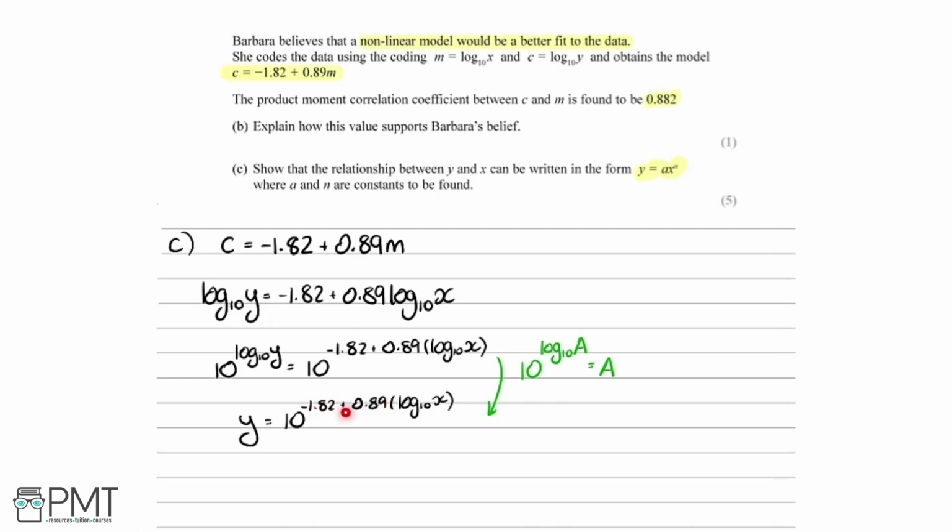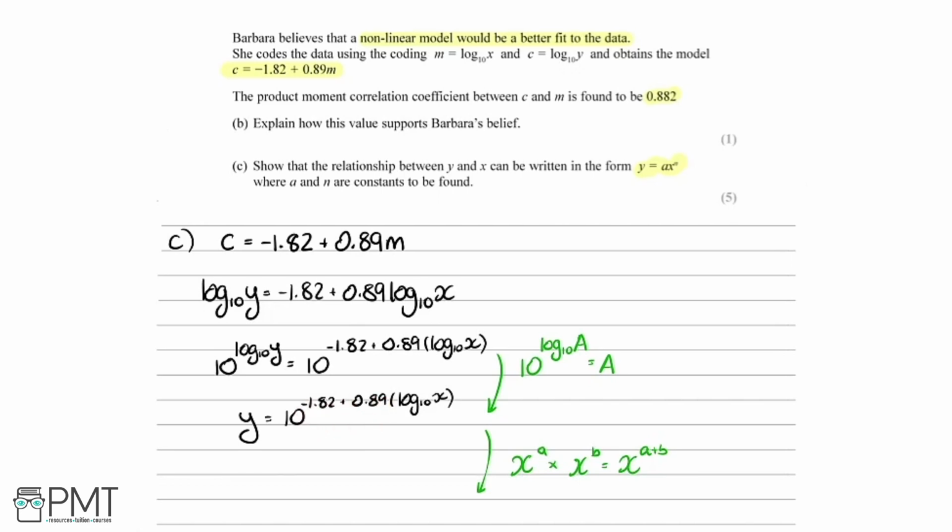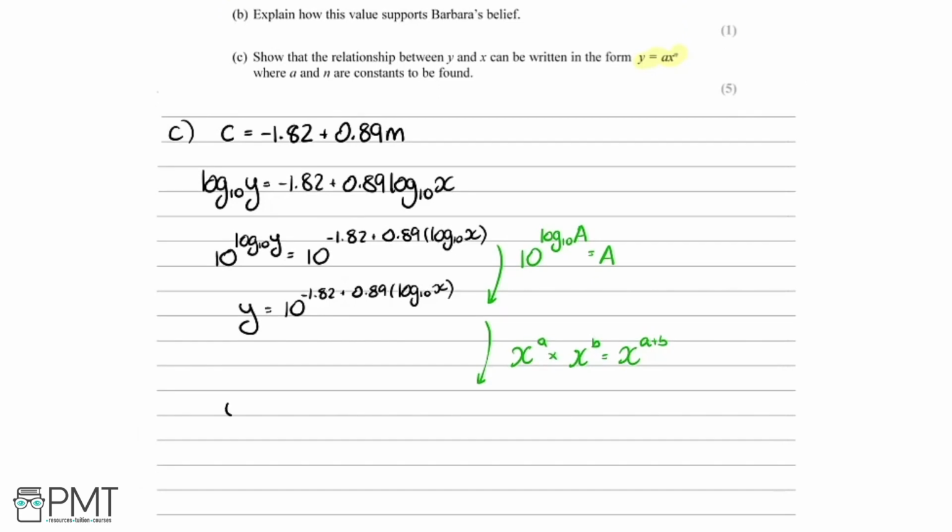Next, I'm going to split this up using our indice laws. We know this indice law where we add the powers, but I'm going to use it in reverse. So I'm actually going to split this up. I'm going to say y equals 10 to the power of minus 1.82 multiplied by 10 to the power of 0.89 multiplied by log of x. Now I'm going down to the next step. There are a couple of things we can do. We can now evaluate this in the calculator, which gives us